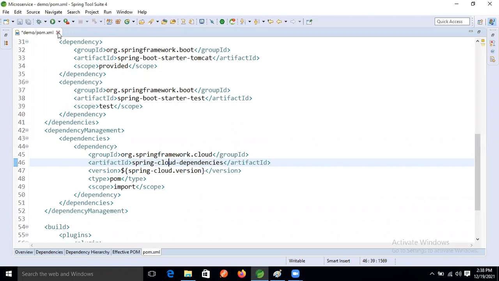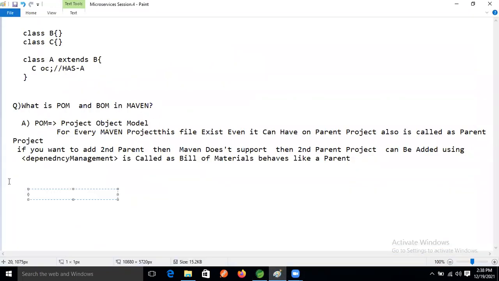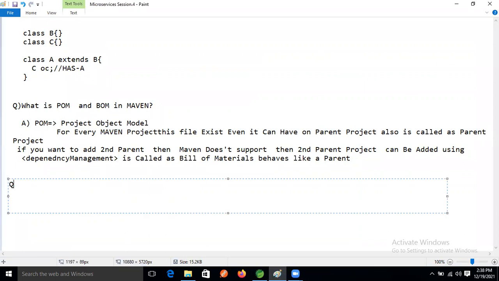So okay, our next question: how many parent projects can be added to one Maven project? But don't worry, our session is not over; I will still take about 1 more hour today.